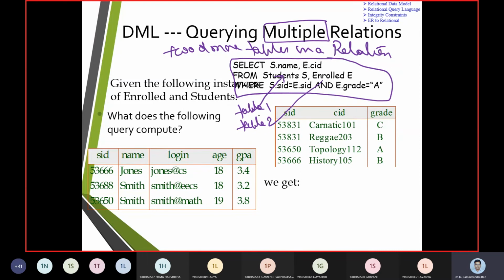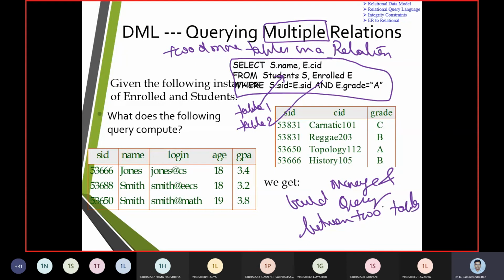Now we are going to build a query between two tables. We take the student table and the enrolled table.